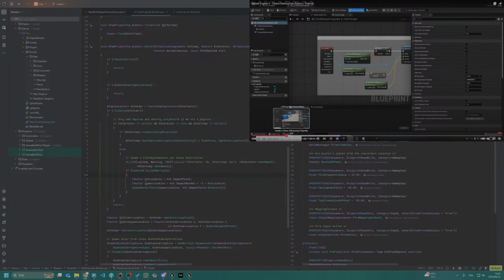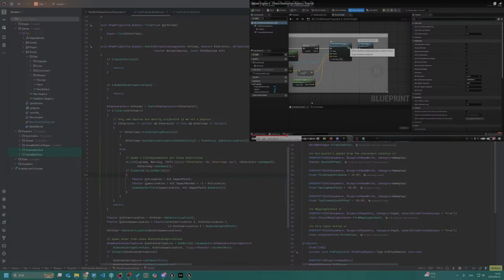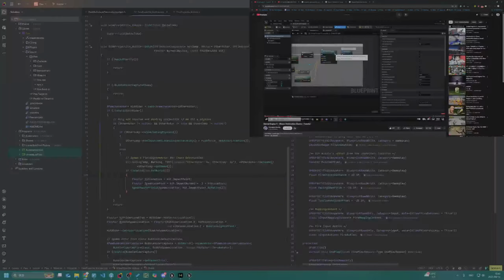Event hit. And the way we're going to do this is I'm going to first disconnect.